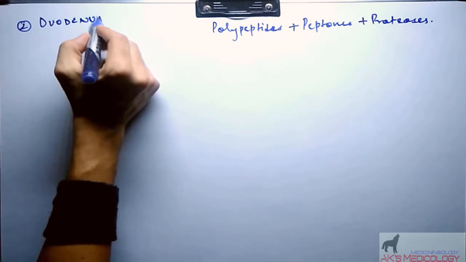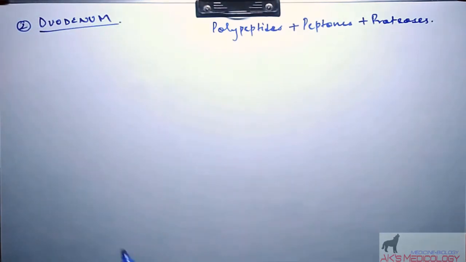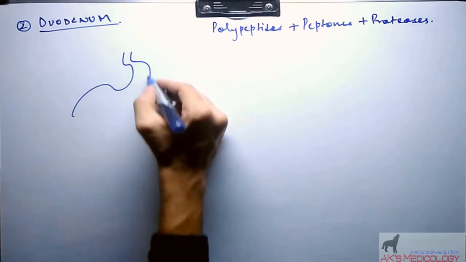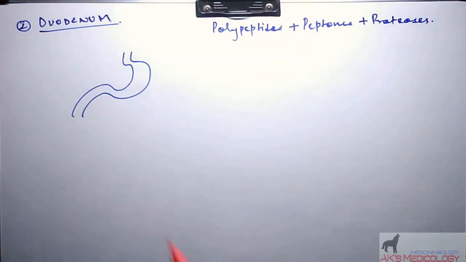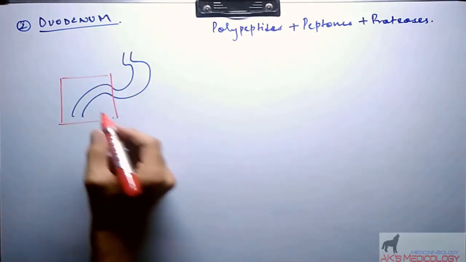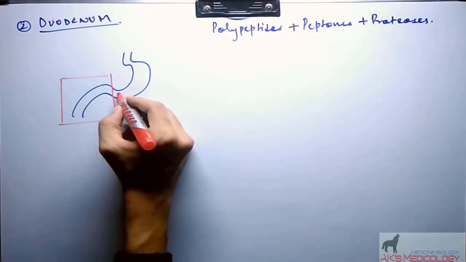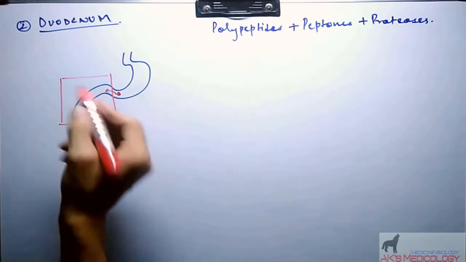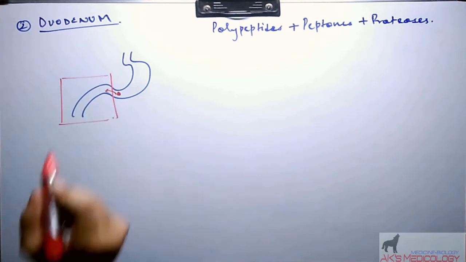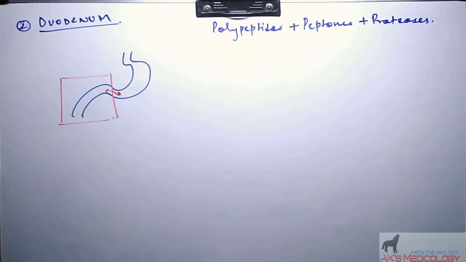Duodenum is the first part of the small intestine and a very important part of human anatomy, which plays an important role in the digestion of food. Now, this part is known as the duodenum. The bolus of food passes from the stomach into the duodenum. Now, inside the duodenum, there opens the duct of the pancreatic gland.